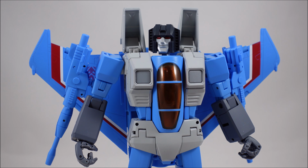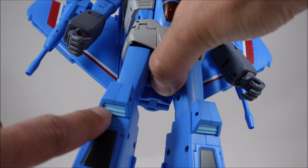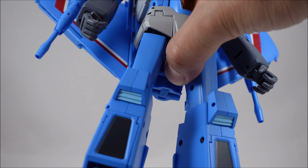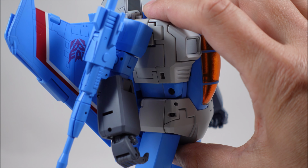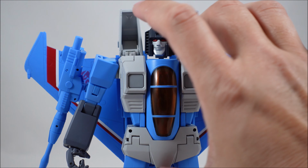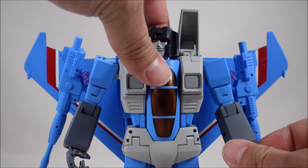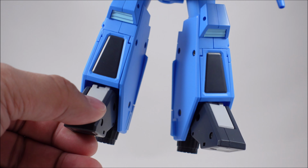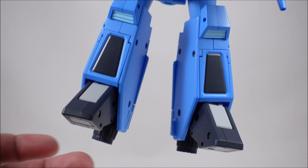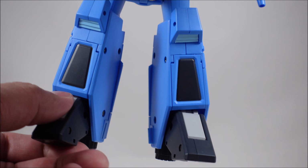So I've been pretty lucky with mine. I love the homages to the cartoon accuracy with some of these lighter blue kneecaps, the upside down insignias, that matte grey finish. I don't have too many problems with the articulation or the ankles either. Some people had issues with their ankles with Starscream. I didn't, luckily, and my Thundercracker's ankles seem fine and fairly sturdy as well,